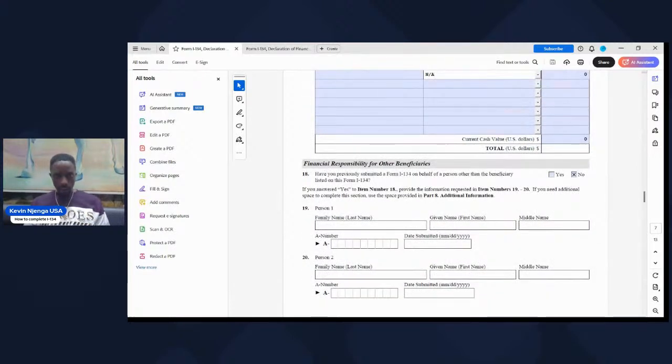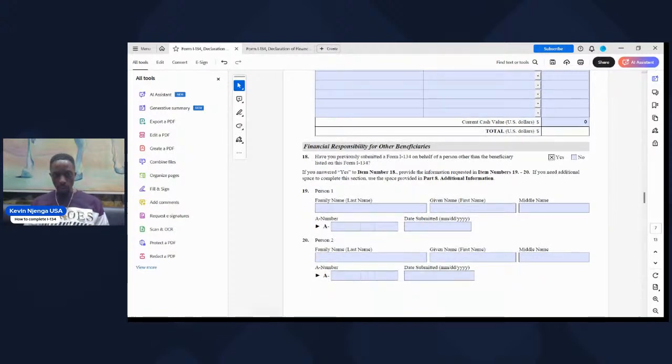Then financial responsibility for other beneficiaries. Have you previously submitted a form I-134 on behalf of a person other than the beneficiary listed on this form? Of course, remember, on this form you should be truthful. If the person filling out the form has ever supported someone else, they should fill yes. And then they're going to be prompted to say the name of the person, if it is one person, 2 people. If they have never filled out this form for someone else, they're going to put no and then